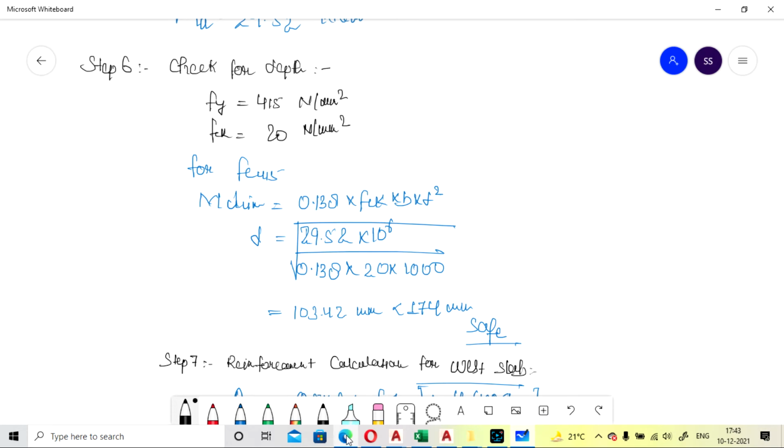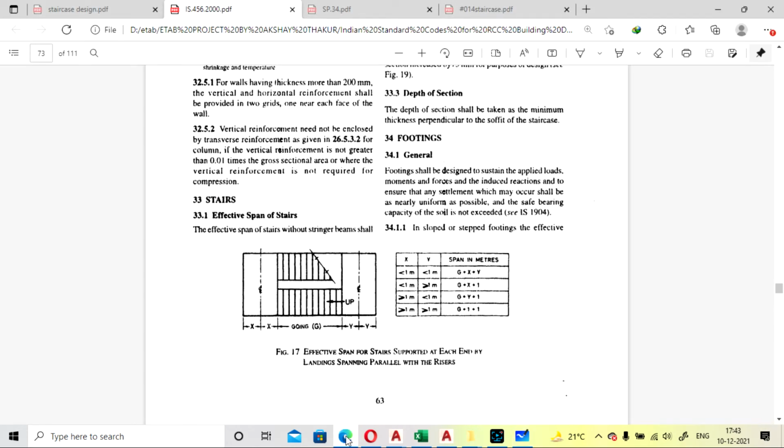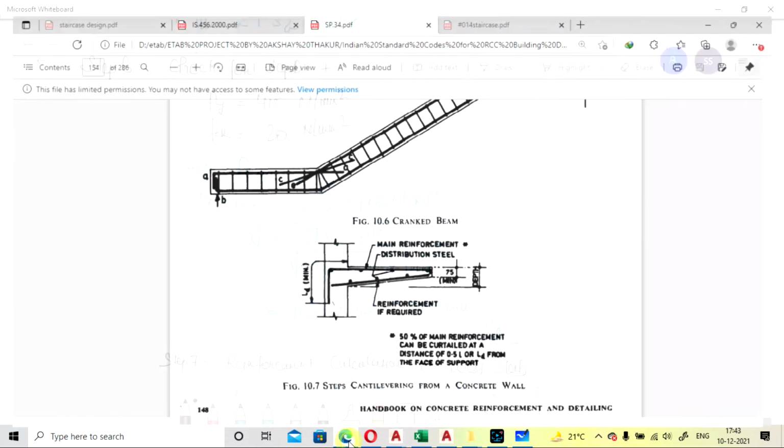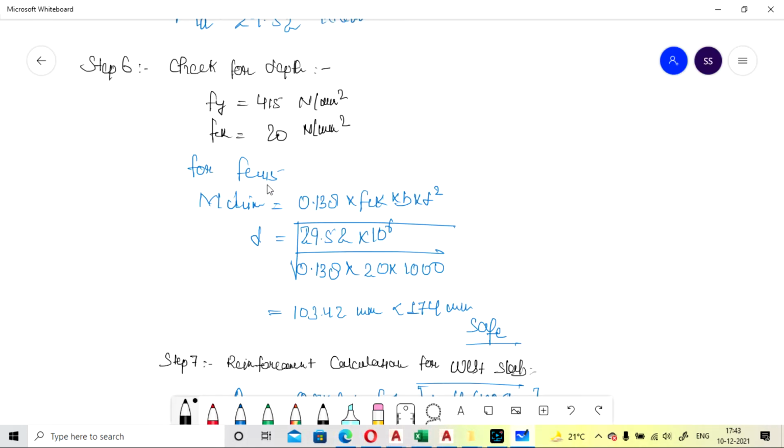If you check the IS code SP34, and also IS code 456, you can find that there also. In SP34 it is mentioned how the value will be taken. So for Fe415, its constant will be 0.138 into fck into b into d square.